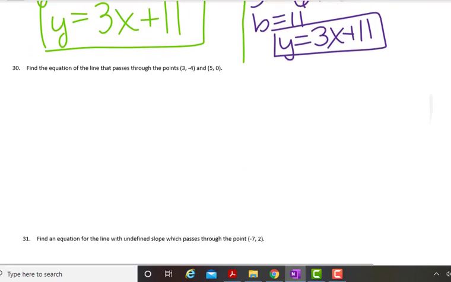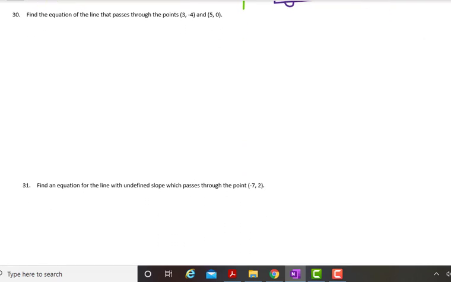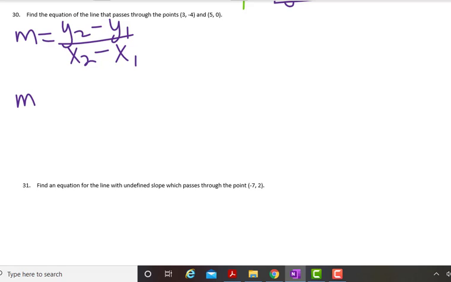Moving on to number 30. Find the equation of the line that passes through the points 3, -4, and 5, 0. Right, so the first thing that I need to do is I have to find my slope. And I know that the slope is y2 minus y1 over x2 minus x1. So I'm going to put my information in, and I'm going to let the second point